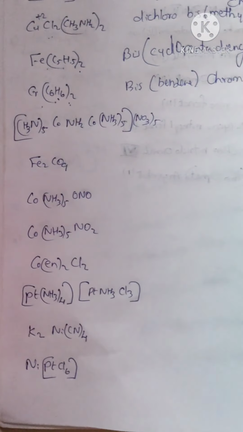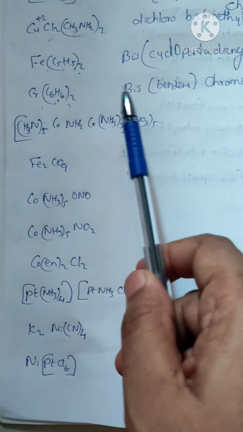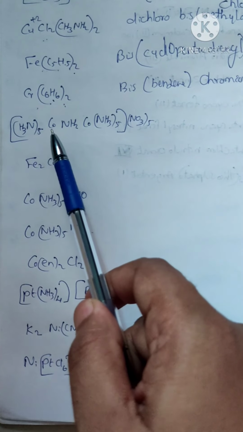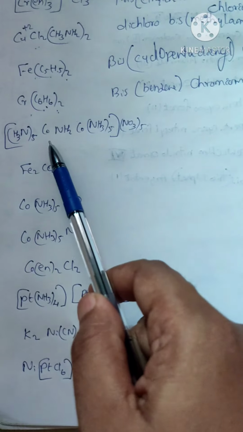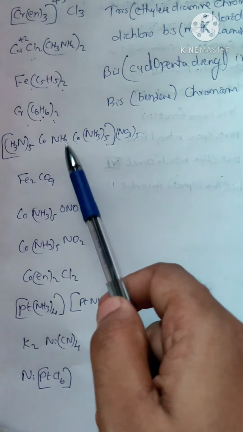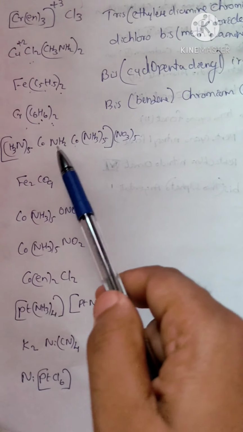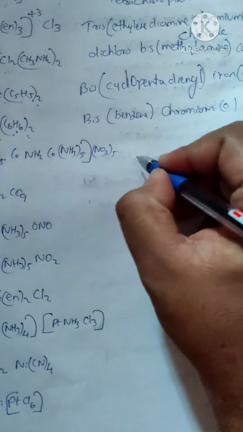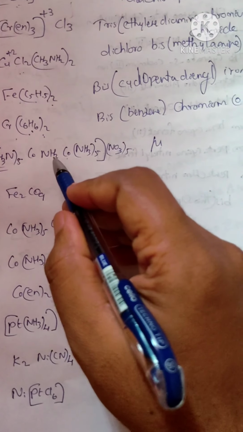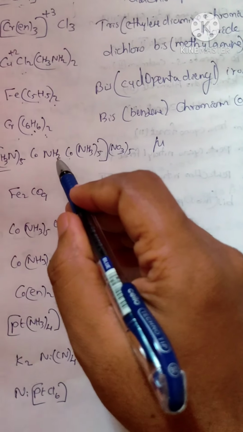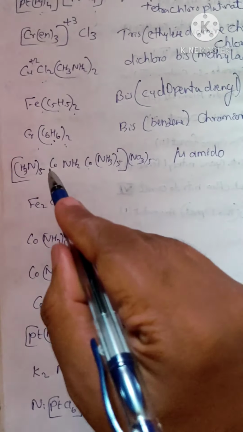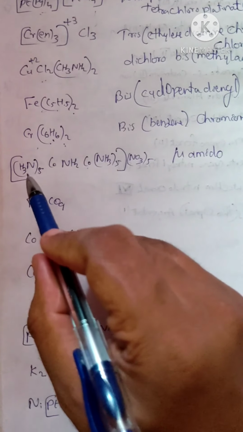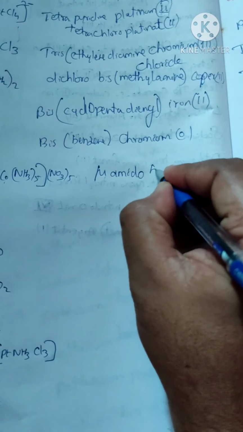This is a complex with 2 cobalt, a bimetallic complex which is linked together with amine. This amine is a linkage amine which is linking both cobalts. So in this case, for that bridging amine we have to mention mu. And we never use amine since it is not NH3 and it is existing as NH2, we have to use amido. Then we have 2 times similar complexes, meaning cobalt pentamine, 2 times is there. So we are writing bis.